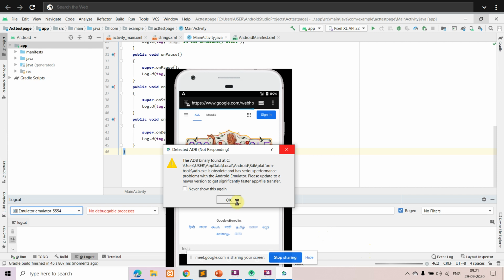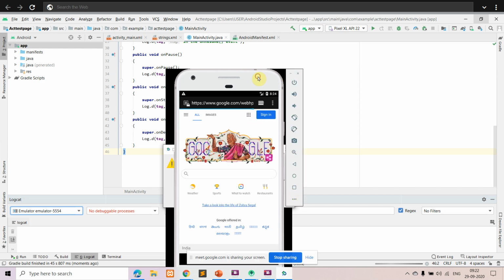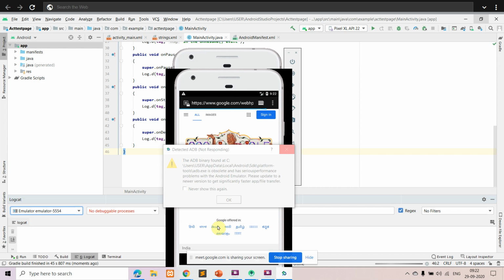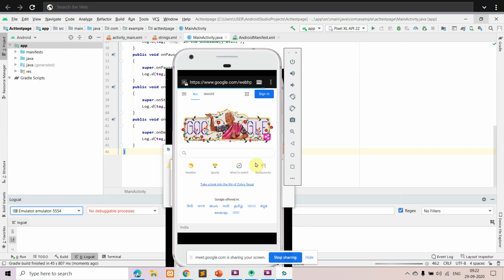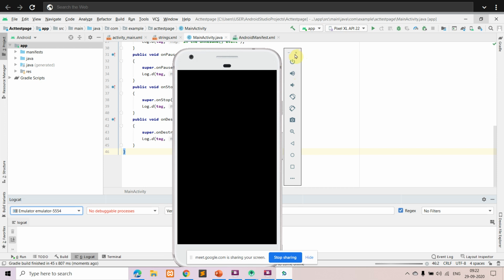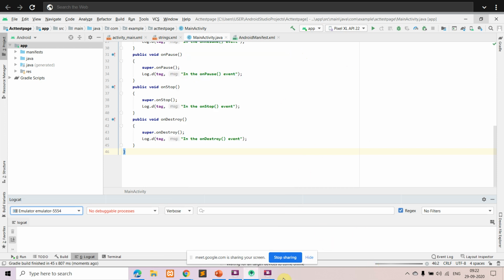You can see here, it's not responding. This is the emulator we're speaking about. Just try to run again.